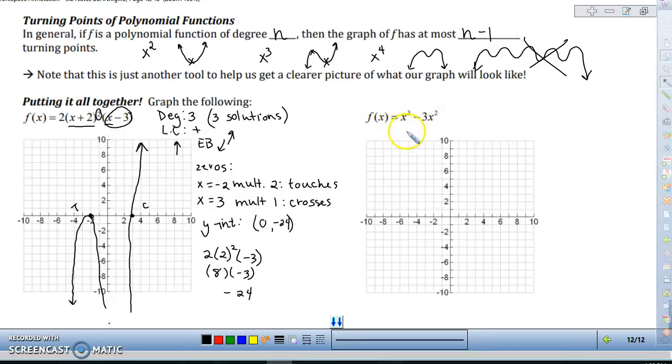Let's take a look at this very last example. I'm noticing that it's in standard form. I can see that I have a 3rd degree polynomial. So again, I'm looking at 3 solutions, but also thinking about these turning points, no more than 2 turning points. Because it's in standard form, I'm going to go ahead and factor out a GCF. That's going to leave me with an x minus 3